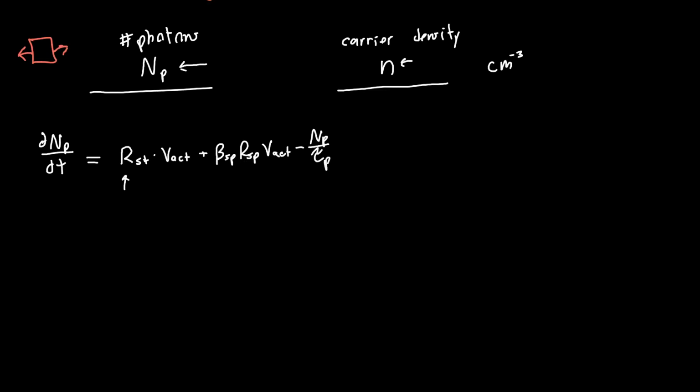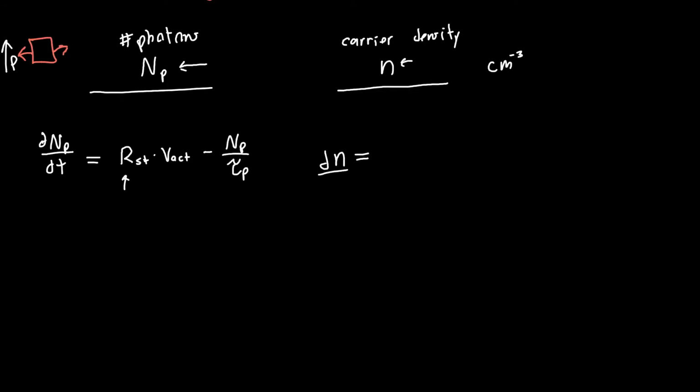Now, when we're driving these lasers really fast, we're generally using a lot of power. And so we're going to be able to ignore this spontaneous emission term in our rate equation. And so I'm just going to erase that. We're just going to ignore it completely. And so let me rewrite the number of photons, or the photon lifetime term here. So we're still losing photons out the side of our mirrors, but we don't have to worry about the added spontaneous emission. Now, for the carrier density, we also have gone over this rate equation,